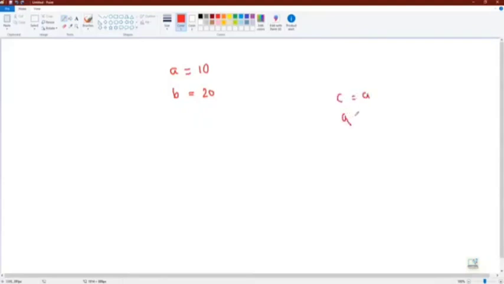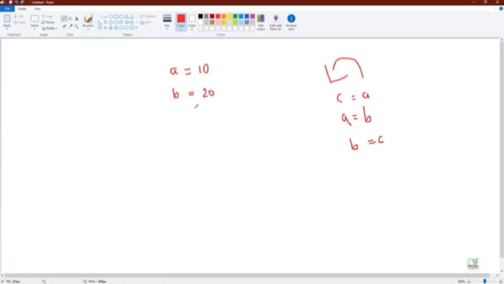Always remember the value goes from right to left. So if I have written C = A, means the value will go from A to C, from right to left. Value always goes from right to left.